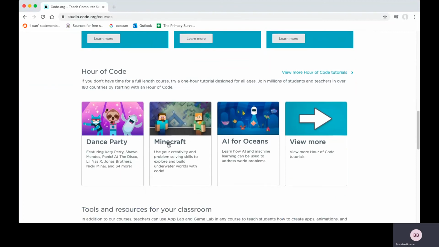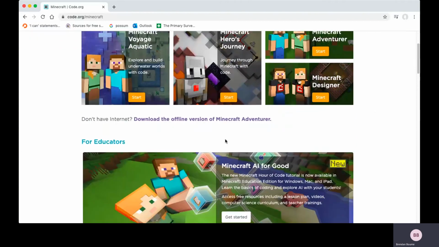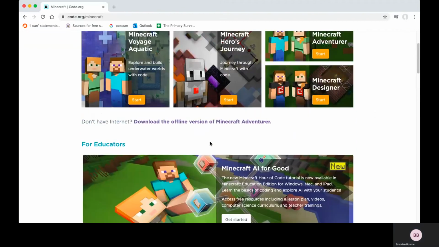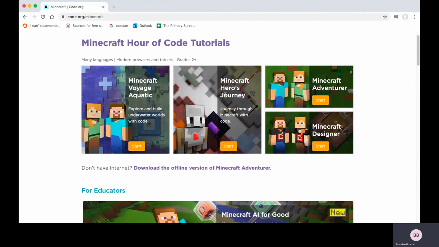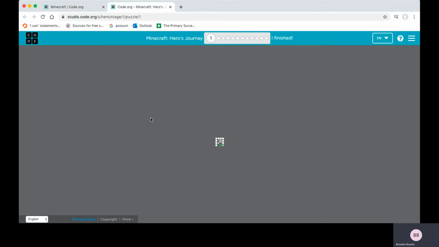So we've been looking at Minecraft. You can choose AI for Oceans, Dance Party, or there's more that you can have a look at as well, but we'll choose Minecraft for now. So let's have a quick look. So we've got the hero's journey, the adventurer, the designer, or Minecraft Aquatic. Now we've been using some of these in school as well already. So you'll see that some of the journeys have already started. So we'll give those a go. So I think for today, we'll just quickly choose Minecraft Journey. And I think in class that we've already reached